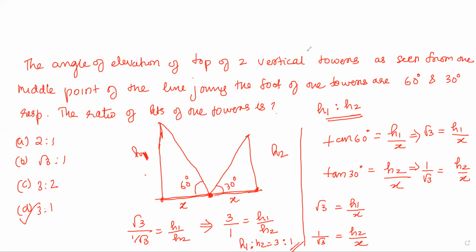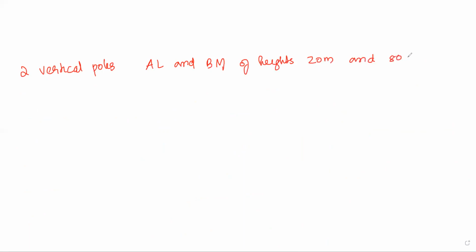Okay. Another question. Two vertical poles, AL and BM, of heights 20 meter and 80 meter respectively, stand apart